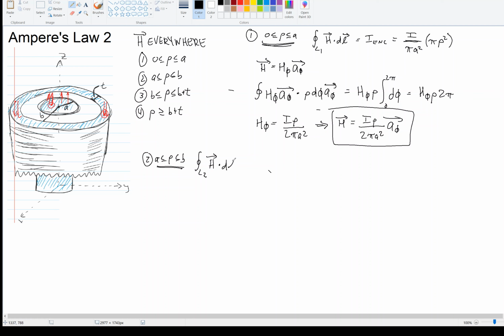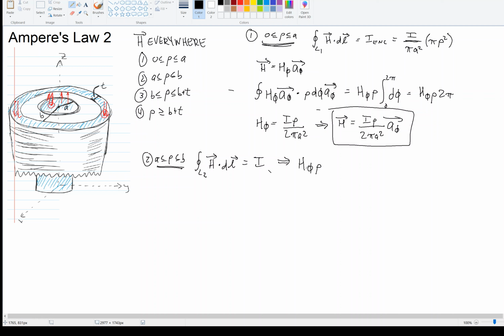So now H dot dl is equal to the current that the Amperian path is enclosing, but now all of the inner current is going through our path, since our path lies in this dead space material here, this dielectric or free space. Dead space meaning nothing's really happening in there. So it contains all of the current I. And if you work through the motions of what we did in the previous situation, where we said that H was constant and it only had a phi component and so forth, and then you do the integration, what you find,